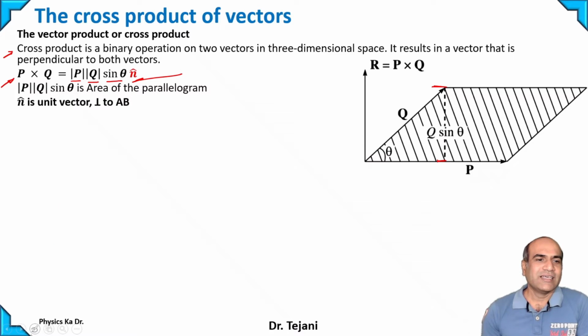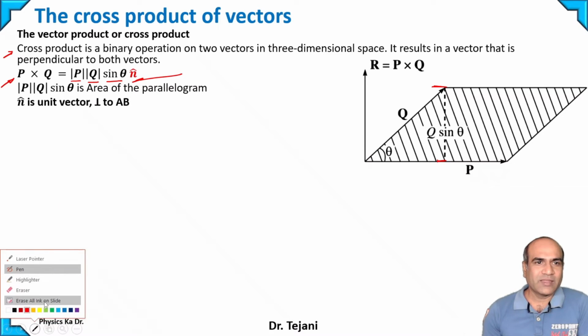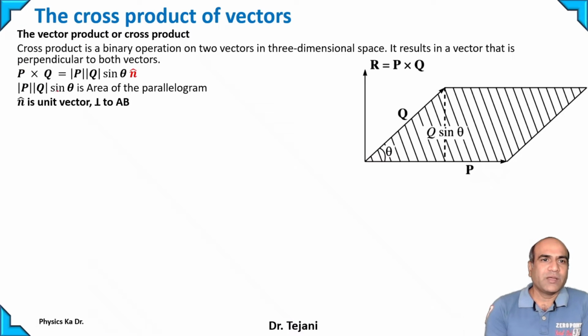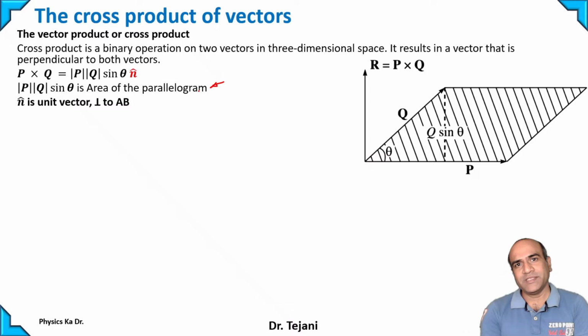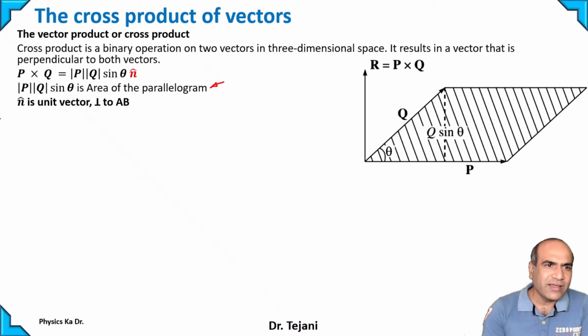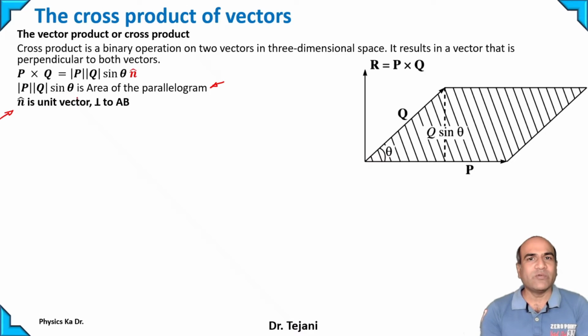We'll see this unit vector a little later. So here PQ sine theta is the area of a parallelogram, which is the magnitude of a cross product. And here n bar is a unit vector, which shows the direction of the resultant vector,